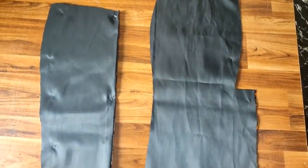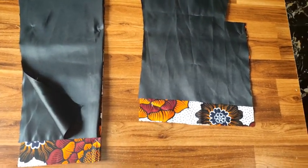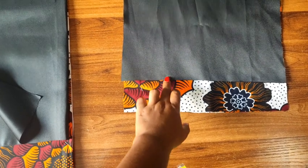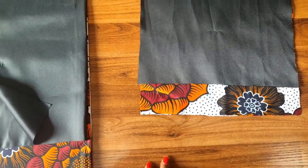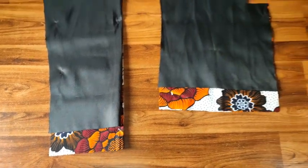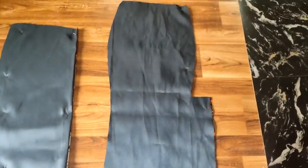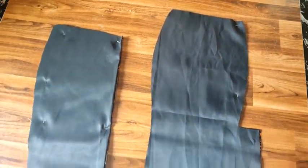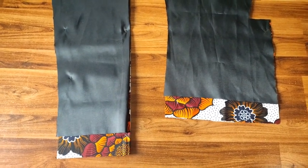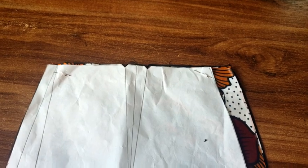So adding an allowance would increase the original length of my skirt, so I didn't add any allowance. Sorry, for the hem, the hem allowance was from the pattern piece, and I added an extra 1.5 inch. Then for the lining, you want your lining to be 2.5 inches shorter than your fashion fabric. Why? Because by the time you turn up for the fashion fabric to meet, it's going to need a half